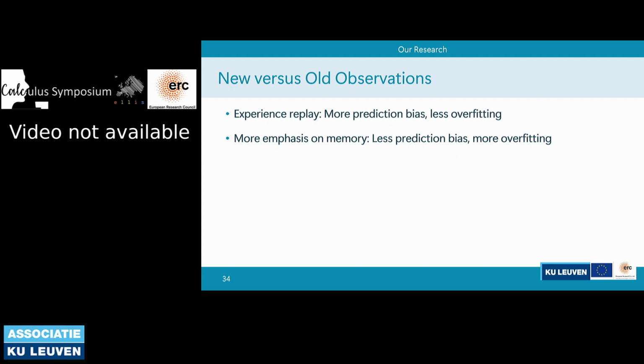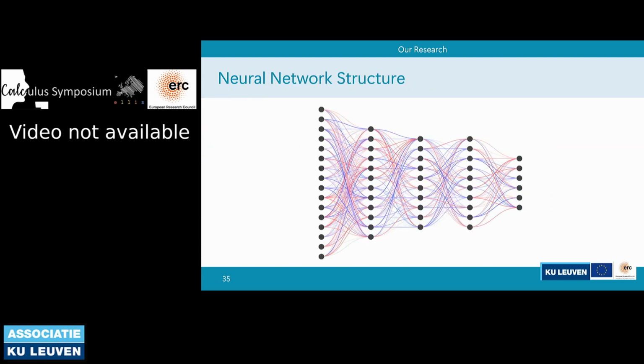And why do we get more overfitting? Because the memory is very small with respect to the entire stream, so it's easier for the model to overfit on the data in the memory. On the other hand, experience replay tends to give less overfitting because the training process is more focused on the present, excuse me. So the model tends to overfit less on the examples of the memory. And our question here would be, can we try to somehow combine the benefits of the two approaches while mitigating their downsides? And to do that, we start by